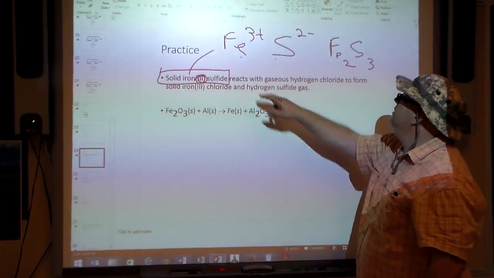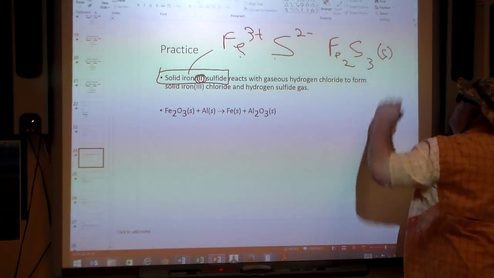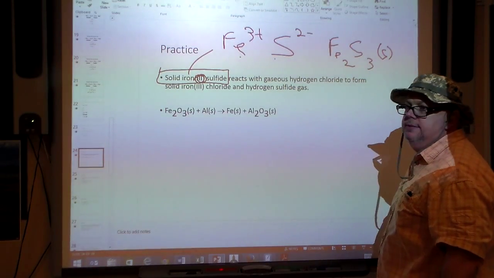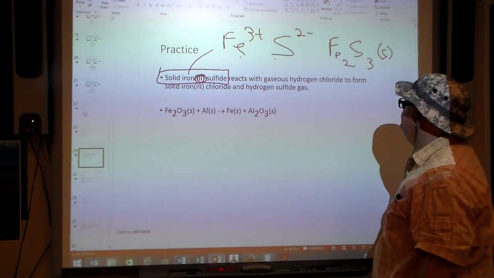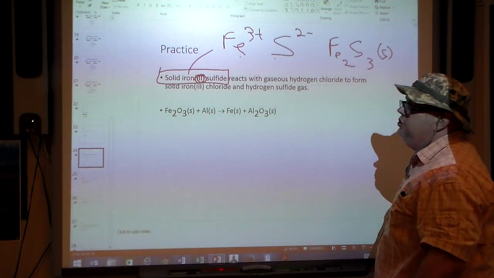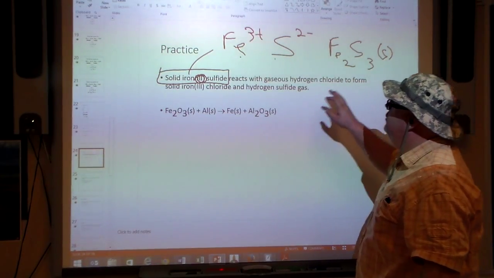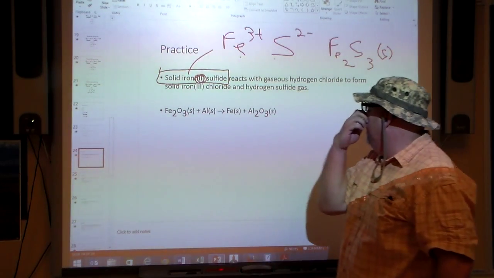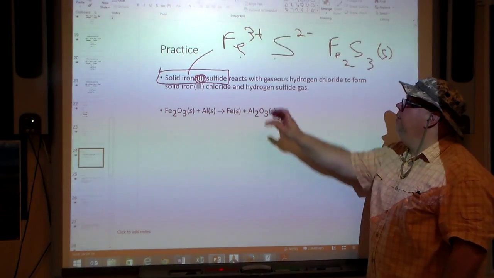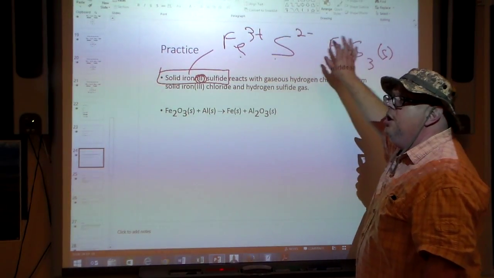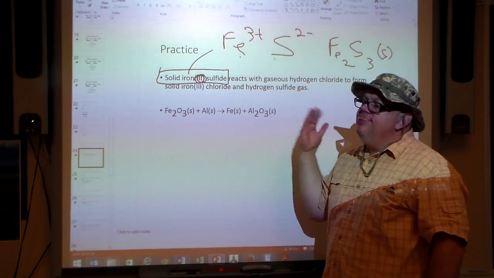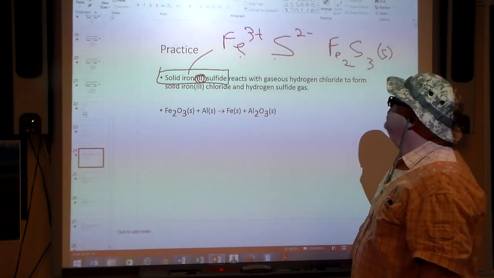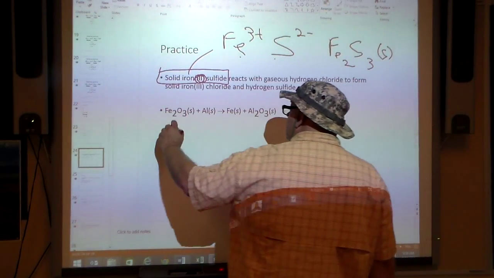Now it says here it's a solid, so it's reasonable to say it's going to look like that. It reacts with gaseous hydrogen chloride. You should know what hydrogen chloride is, and then to form solid iron 3 chloride and hydrogen sulfide gas. So they would want you to go balance these out, put them in the equation, and then balance the equation. Okay, so what would that look like? Well, you'd have an